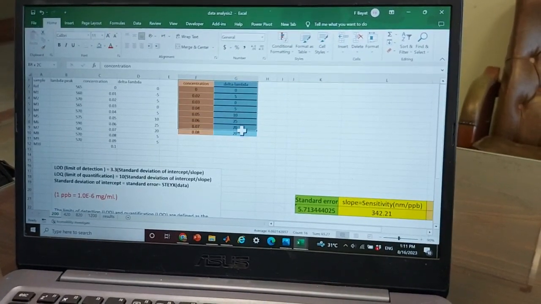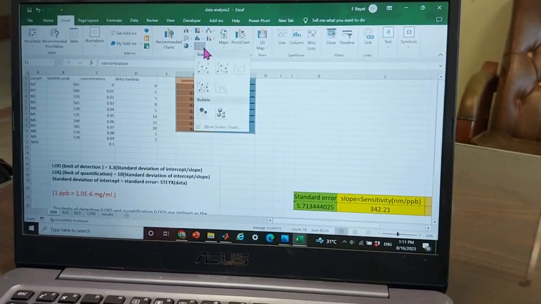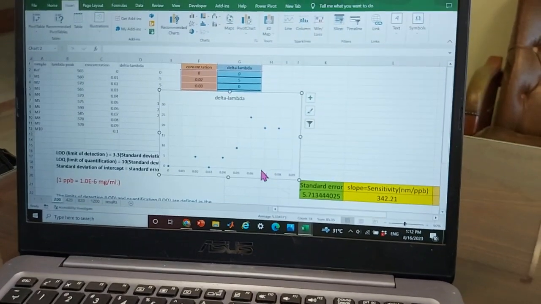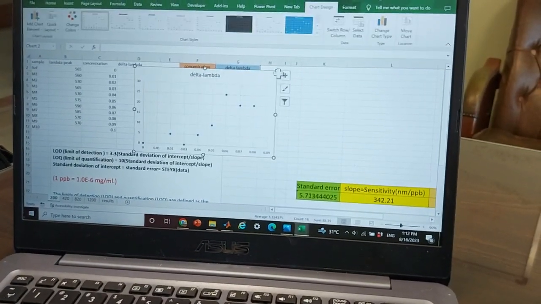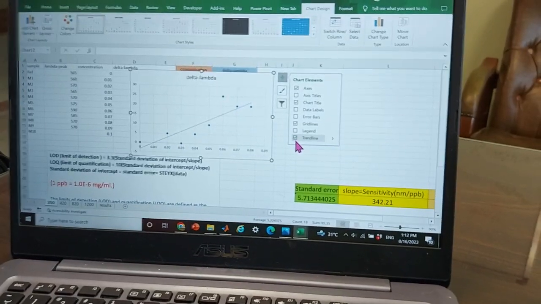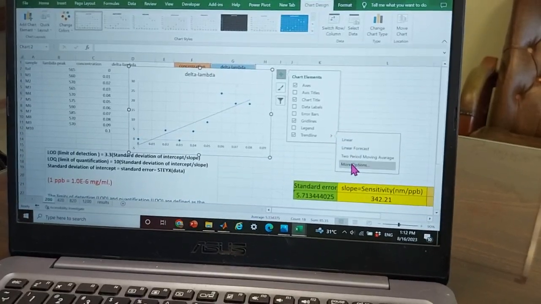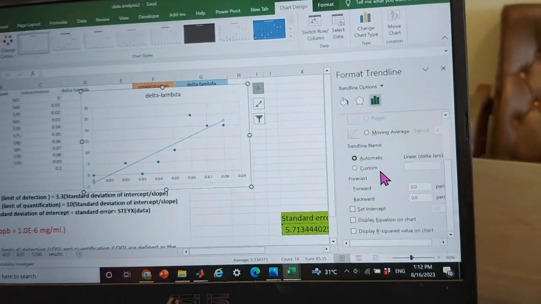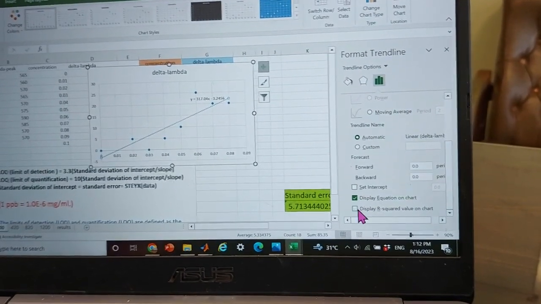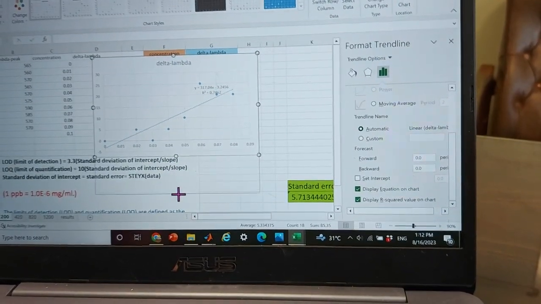I select this part. I go to insert. I come to the scatter. And I plot the dots for this plot. Just dots. I go to this part. Here you see the trend line. I tick it. You see the trend line. Then I open more options in trend line. Come down, I tick display equation on chart and display R squared value on chart. You see here,